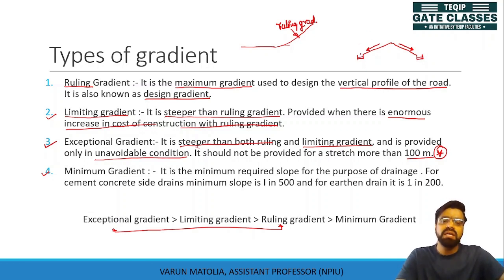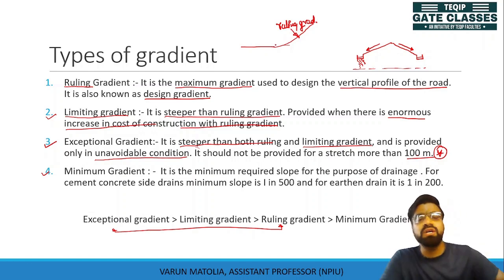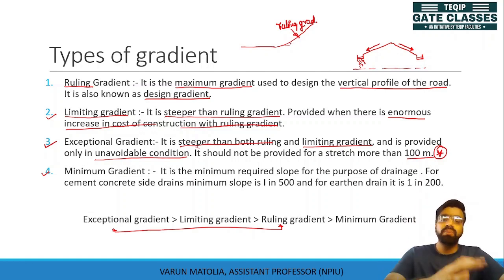If the water level increases or water stays here, it will percolate into the ground. With the percolation of this water into the ground, the subgrade soil will get waterlogged, and with a lot of water in the subgrade, its bearing capacity will decrease. That's why we don't want water to stay or to be stagnant.